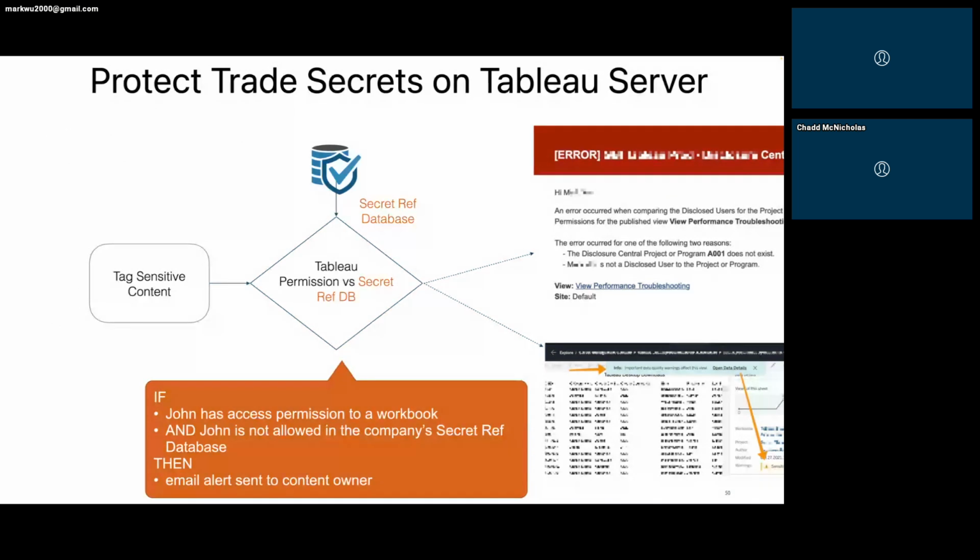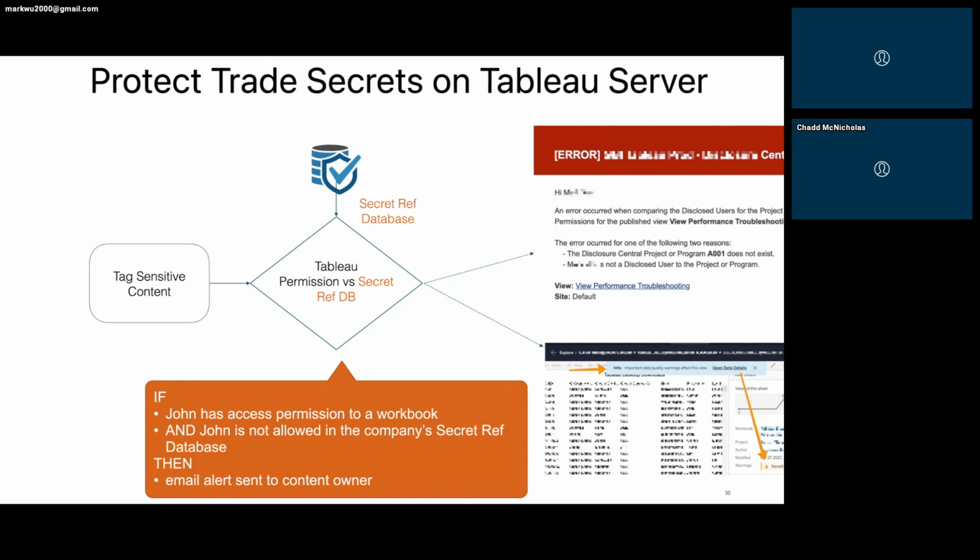Let's say I have a secret data published on Tableau server. If John has access permission to a particular workbook that has secret data, and John, unfortunately, his name is not in the company's secret reference database for this particular data set,